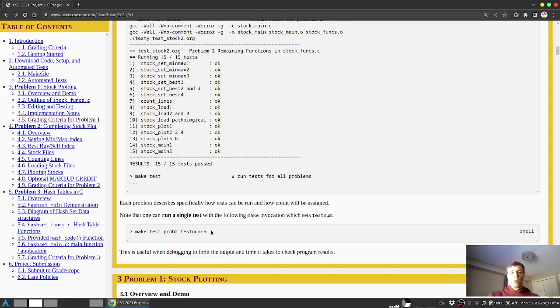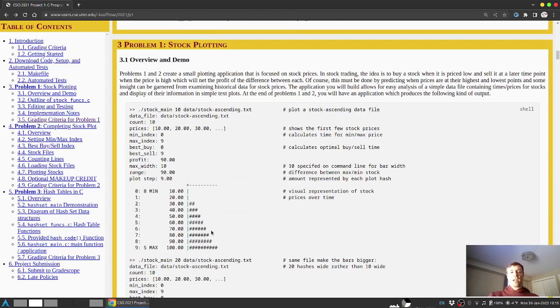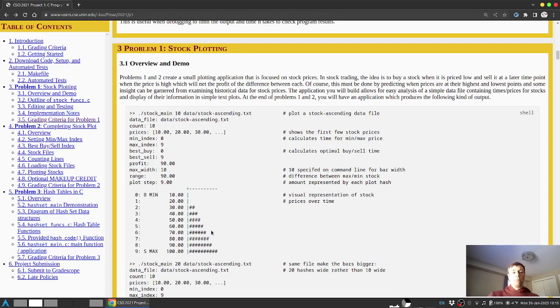Okay, as for a preview of the problems, the first problem has you plotting some stock data. It's relatively straightforward, where at the end of problems 1 and 2, you'll have created this stock main program with supporting functions in the stockfuncs.c, and will allow you on the command line to say, I want to plot things that are a maximum of 10 wide, and I want to plot the data that's in this stock ascending.txt file. The program will call a series of functions that will open up that file, read all the data in it into various data structures in C, and then proceed to analyze it to determine a few things like where the minimum and maximum prices for the stock are,